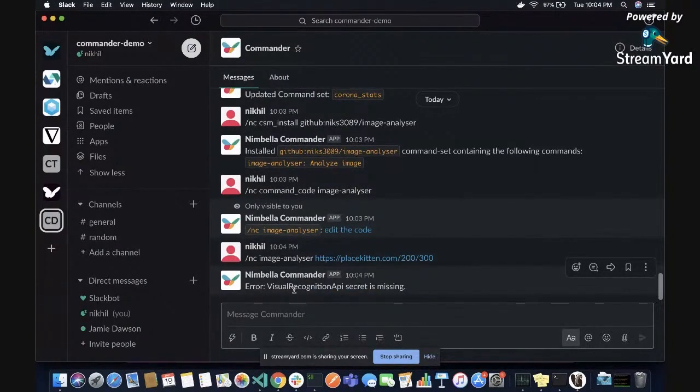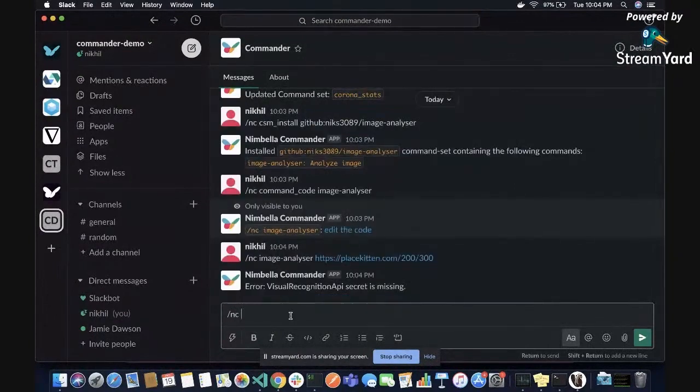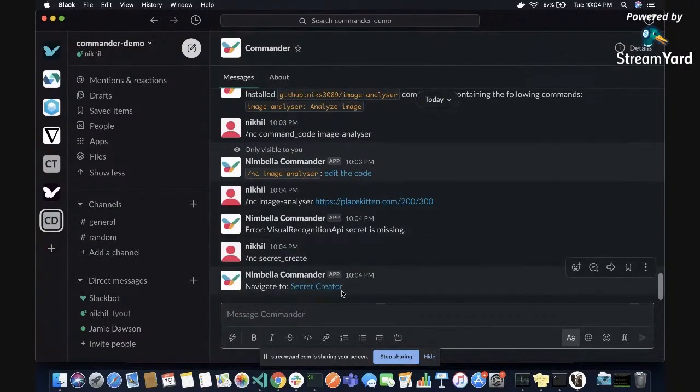It says visual recognition API secret is missing. The reason why you see this error is because we have not added what this value needs to be, and we need to add this securely so that it is basically encrypted. So what you do is nc secret create, and this allows you to create your own secret